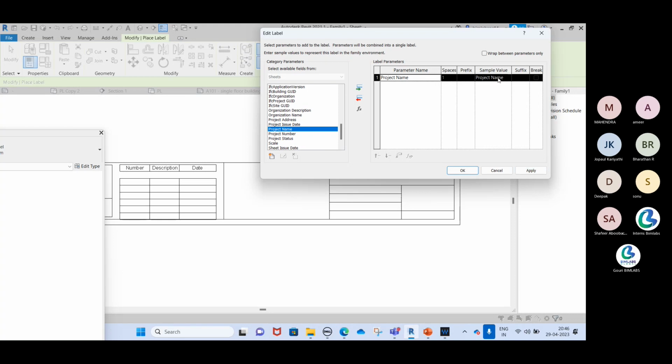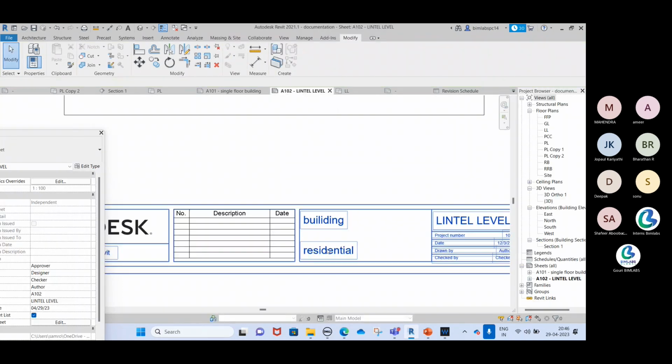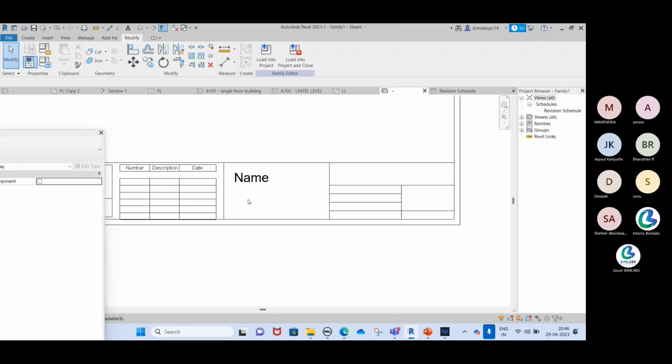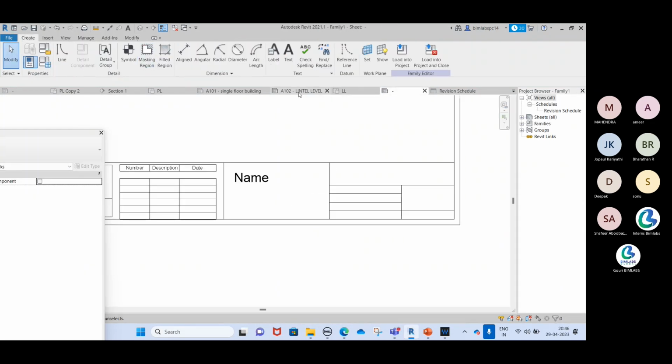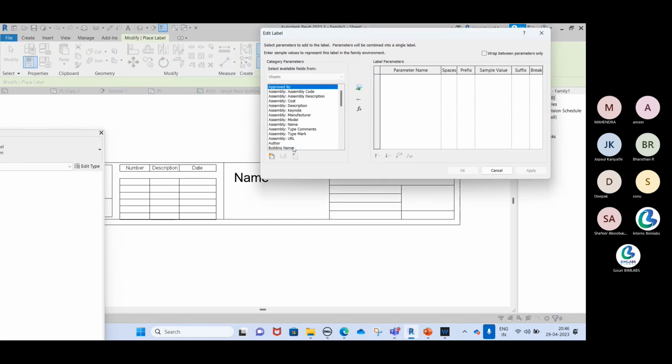And my sample value will be here. I can enter it as name. Okay. Next, I can go to edit label and again add a parameter like